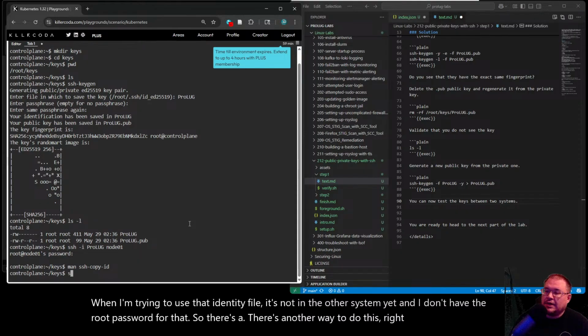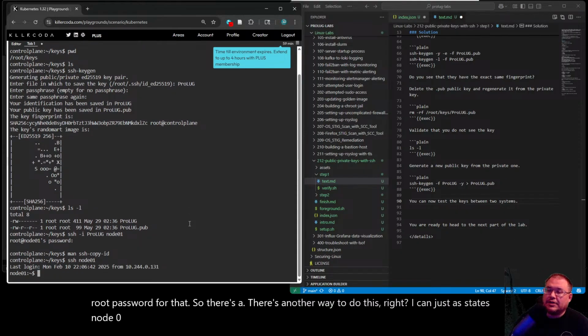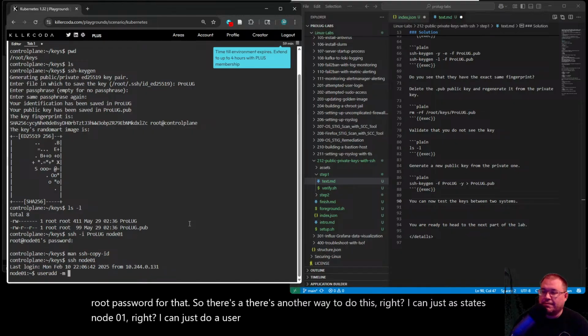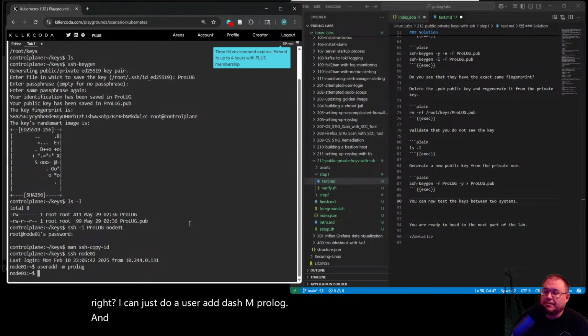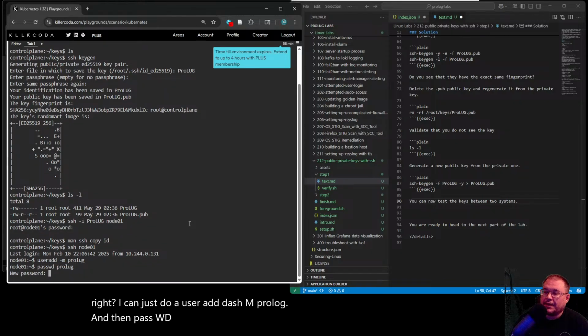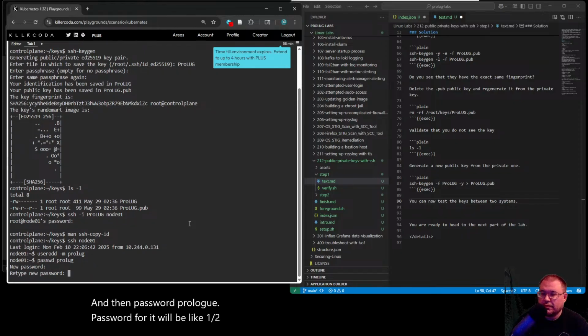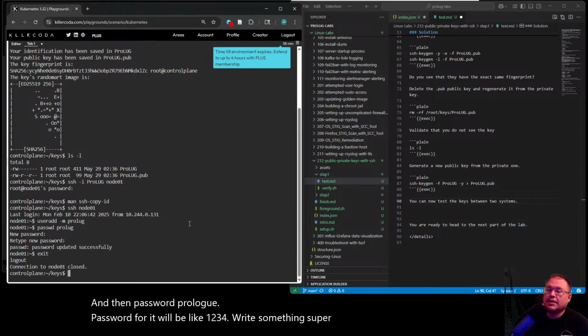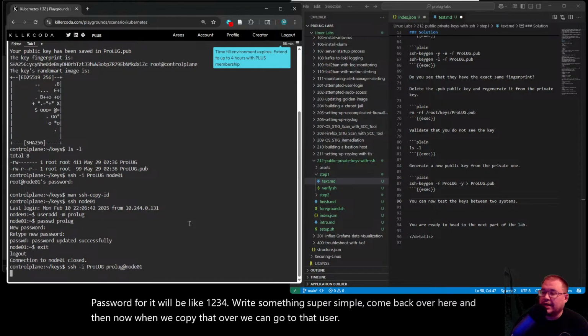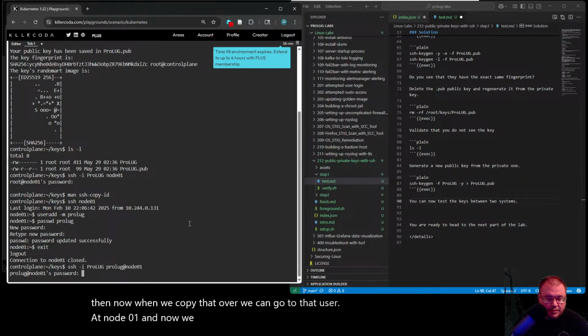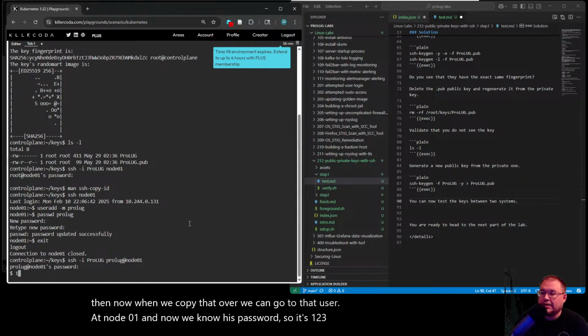I can just SSH node 01, and I can just do a useradd -m prolug, and then passwd prolug, and the password for him will be like 1234, something super simple. Come back over here, and then now when we copy that over, we can go to that user at node 01, and now we know his password. So it's 1234, and then that should.